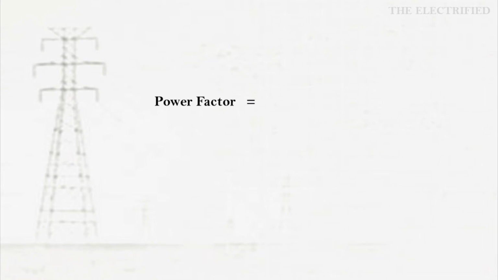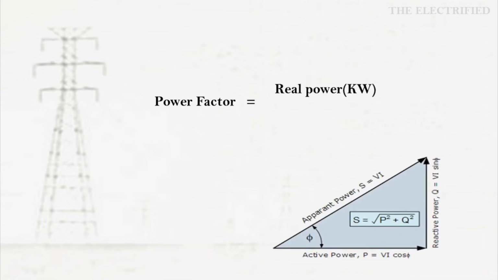Power factor is the ratio of working power, which is measured in kilowatt (kW), to the apparent power, which is measured in kilovolt amperes (kVA). Apparent power is known as demand power. It is the amount of power which is used to run machinery or an equipment in a power plant.